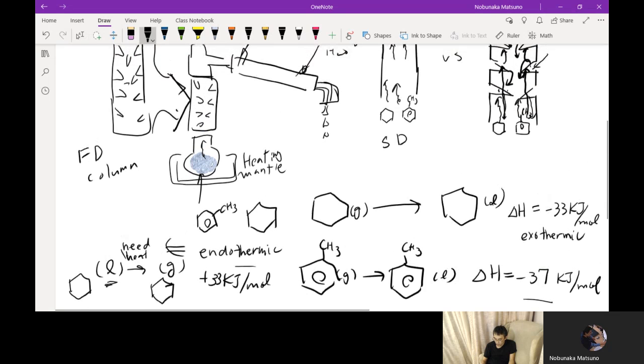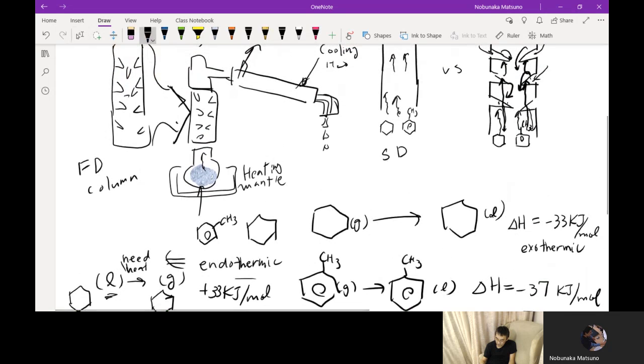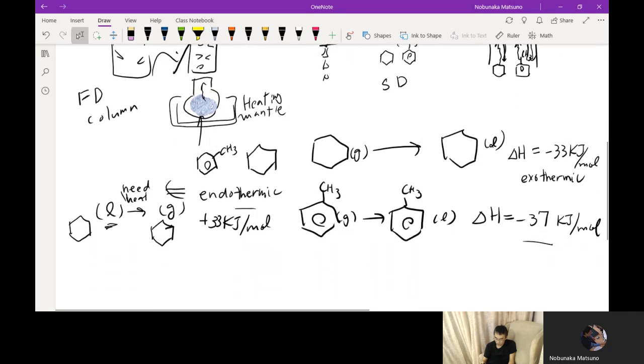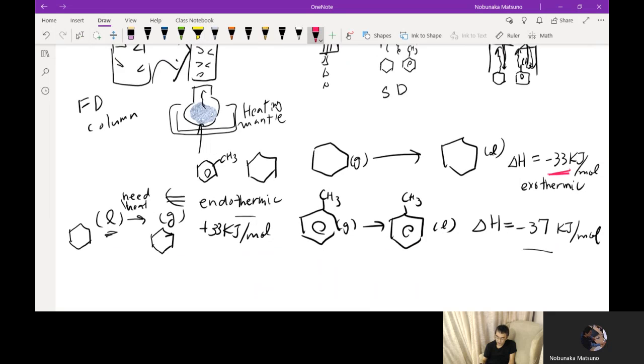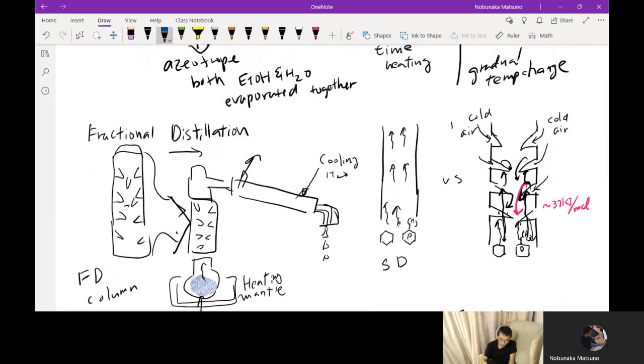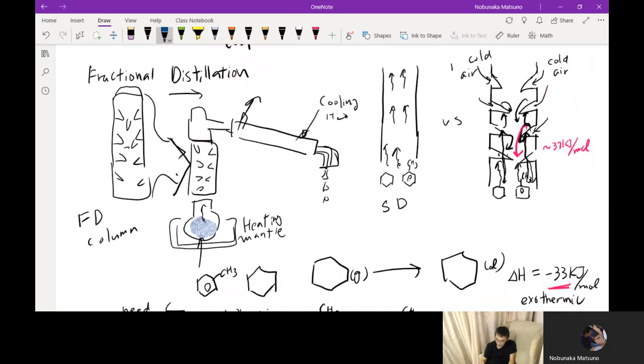So if you go back here, when it condenses down, let's look at this process. This one goes down into here. It releases roughly 37 kilojoules per mole of energy. That's good, because that energy is used to evaporate cyclohexane. Now cyclohexane is liquid, and it requires about 33 kilojoules